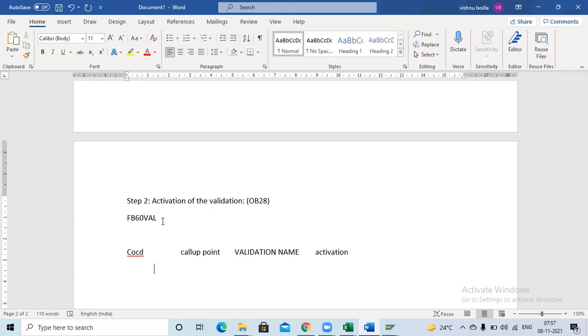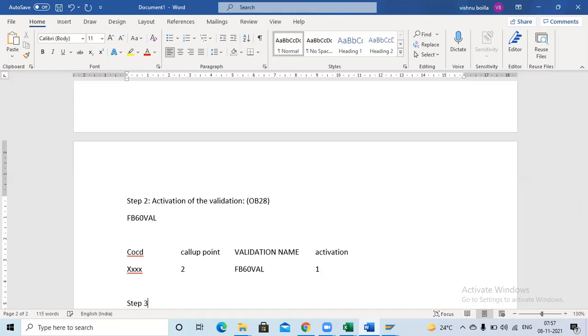In company code, we have to give our company code. The call point, the system will generate as 2 because it's a line item level. Validation name means this is our validation. I have given this name, so you can give your own validation name. Activation level is 1 for activation, 0 for deactivation. This is step 2.